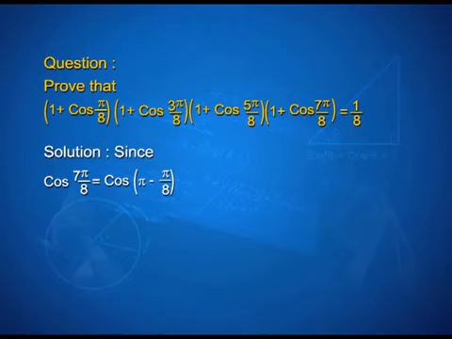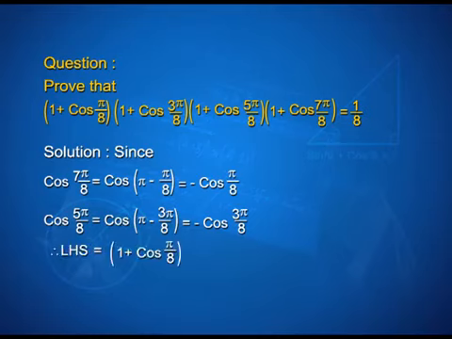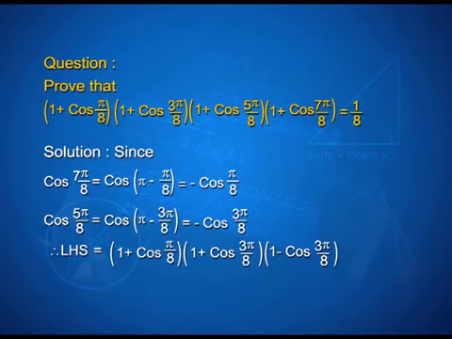So, this could be expressed as minus cos pi upon 8, and cos of 5 pi upon 8 could be written as cos of pi minus 3 pi upon 8, which again can be expressed as minus cos of 3 pi upon 8. Therefore, our LHS becomes 1 plus cos pi upon 8 into 1 plus cos 3 pi upon 8 into 1 minus cos 3 pi upon 8 into 1 minus cos pi upon 8, which again I can